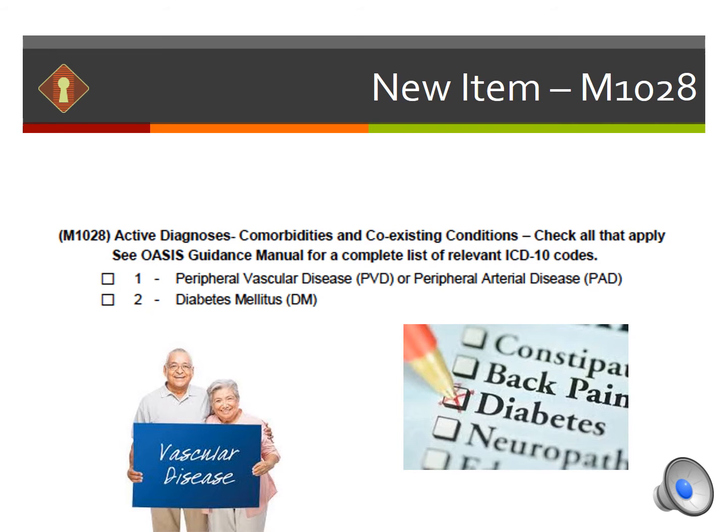We haven't really done that before in OASIS, and it's specifically to peripheral vascular disease and diabetes. So the issue here is, does the patient have one or both of these? And we are to mark all that apply. You can see in the item they're giving deference to the actual coding to ICD-10, but it'll be interesting to